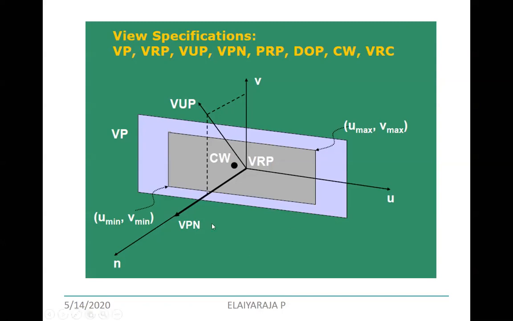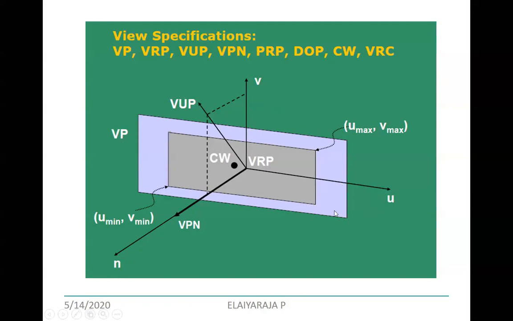Okay, so there when you are going to view the plane, you use the gluLookAt function, where you use the camera view as well as the up vector value, then a reference point. Okay, so here we have the coordinate values with respect to x, u, with respect to y, v, with respect to z, n, and this is your viewing plane.